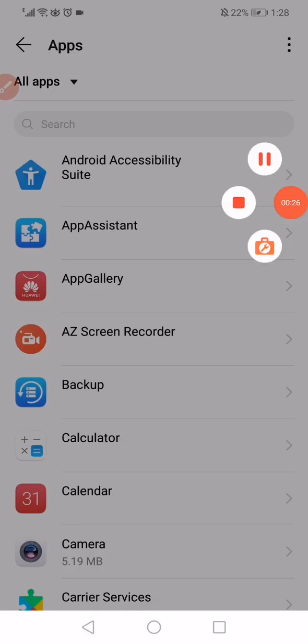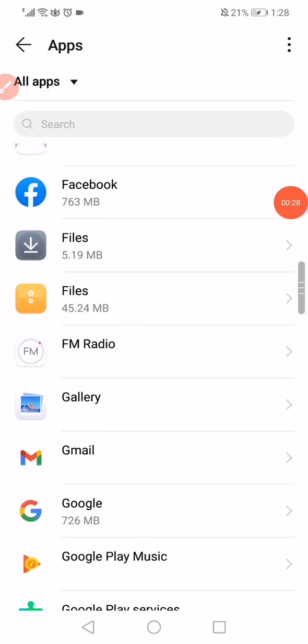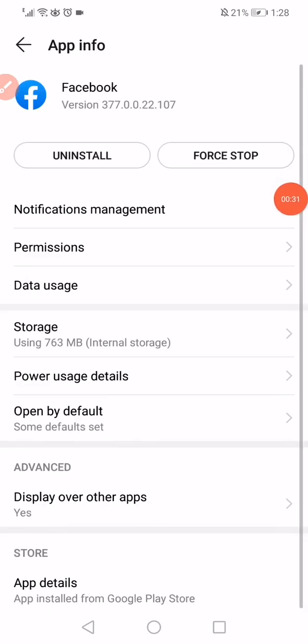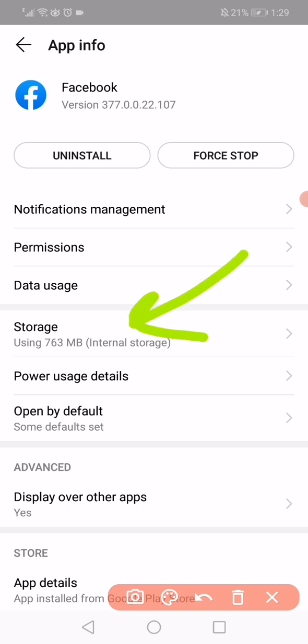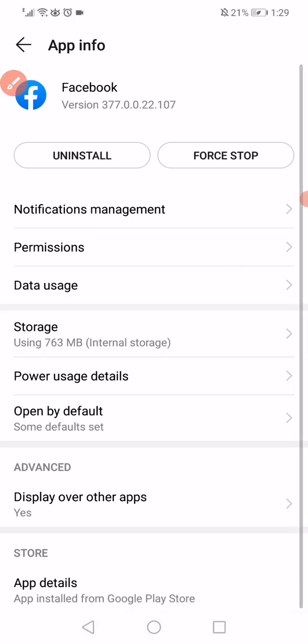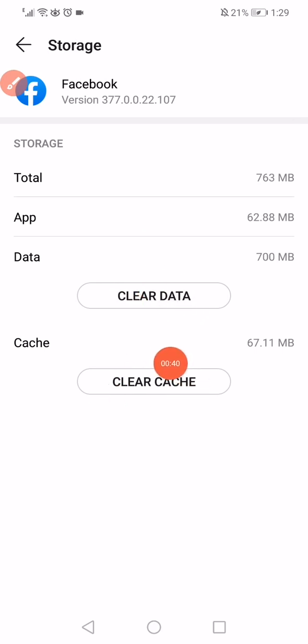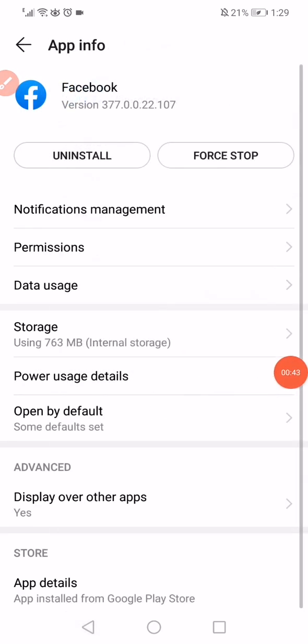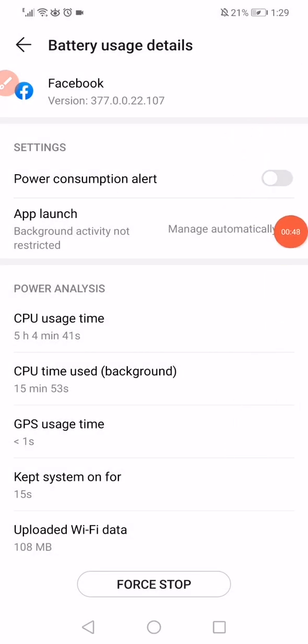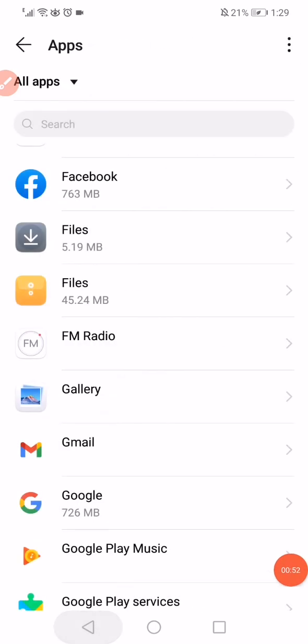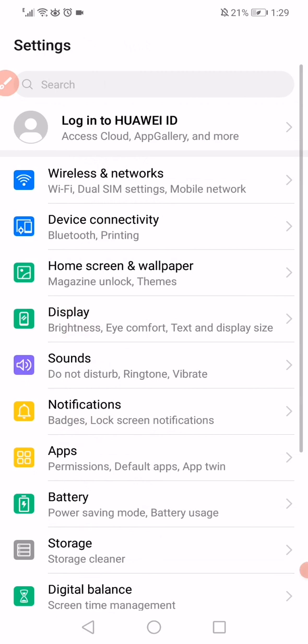Okay, let's wait a few seconds, and now scroll until you find Facebook, click on it, click on force stop, and then click on the storage like this. Click on clear data, clear cache, go back and click on the power usage details, disable the power consumption alert, and go down here, click on force stop, and now go back to the settings on your phone,